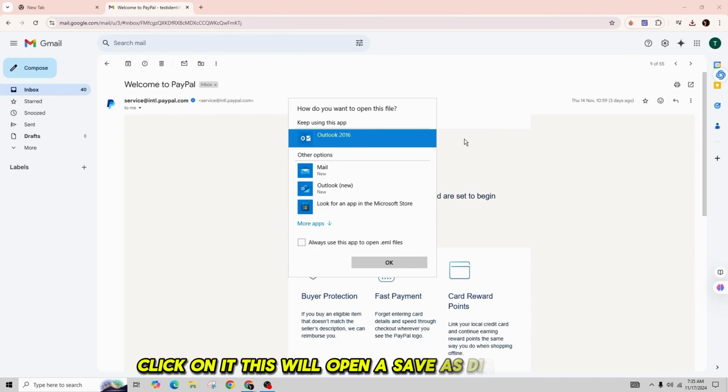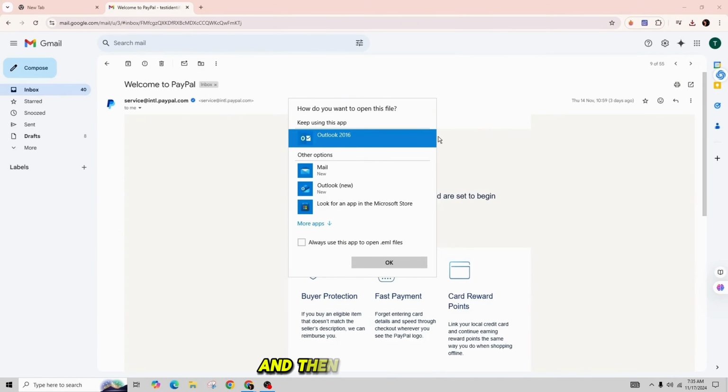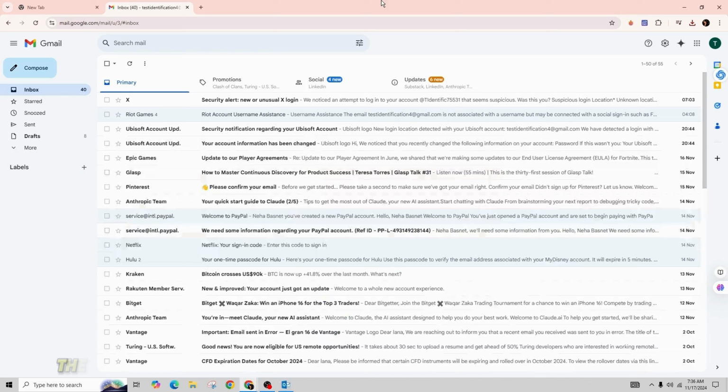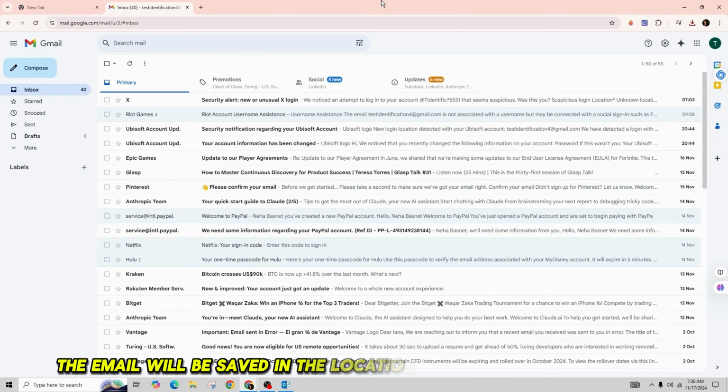This will open a Save As dialog box. Choose where you want to save the downloaded email and then click on Save. The email will be saved in the location you specified as an EML file, so this file can be opened with an email client on your computer such as Windows Mail, and any attachments will be accessible